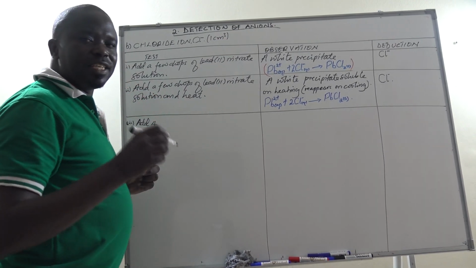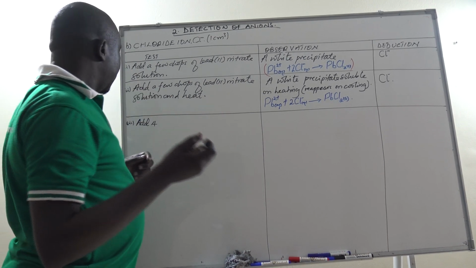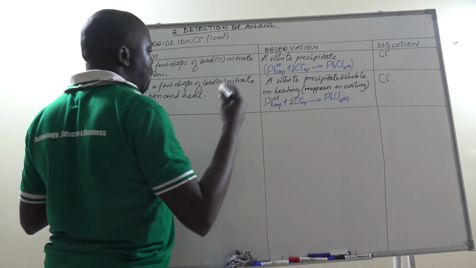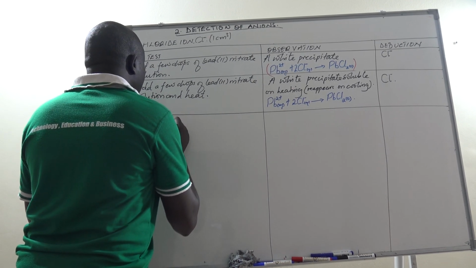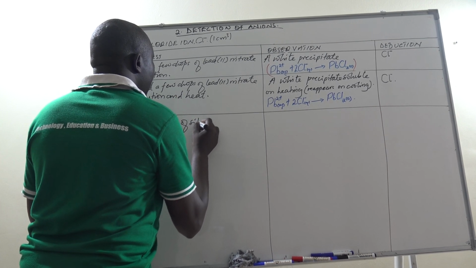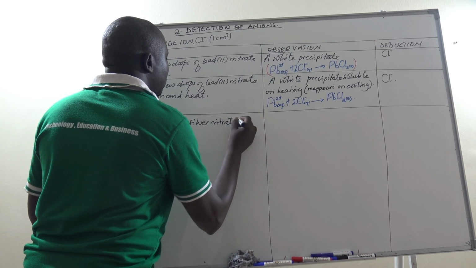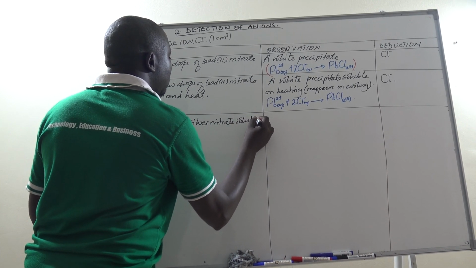Just as I said, it is 1 centimeter length of the test tube. So that is approximately 1 cubic centimeter. So add 4 drops of silver nitrate solution,